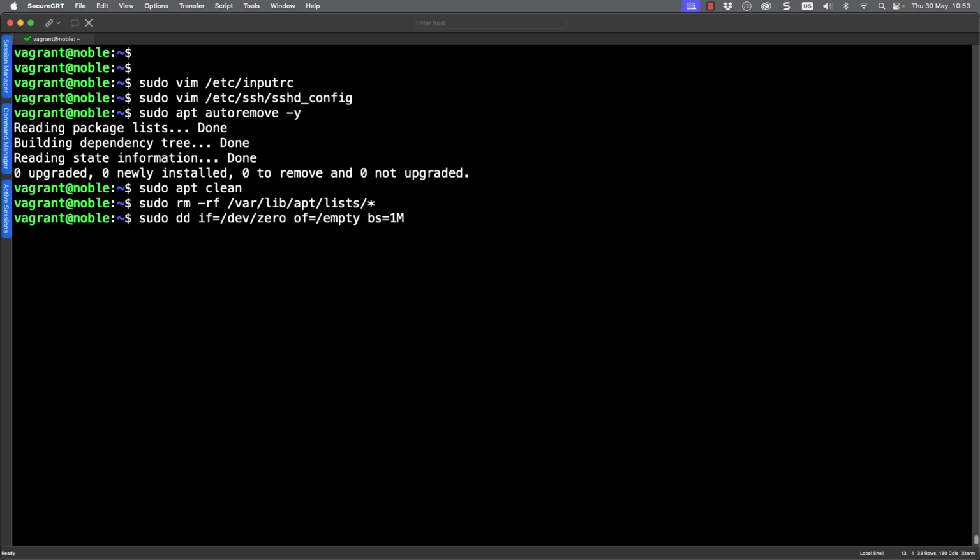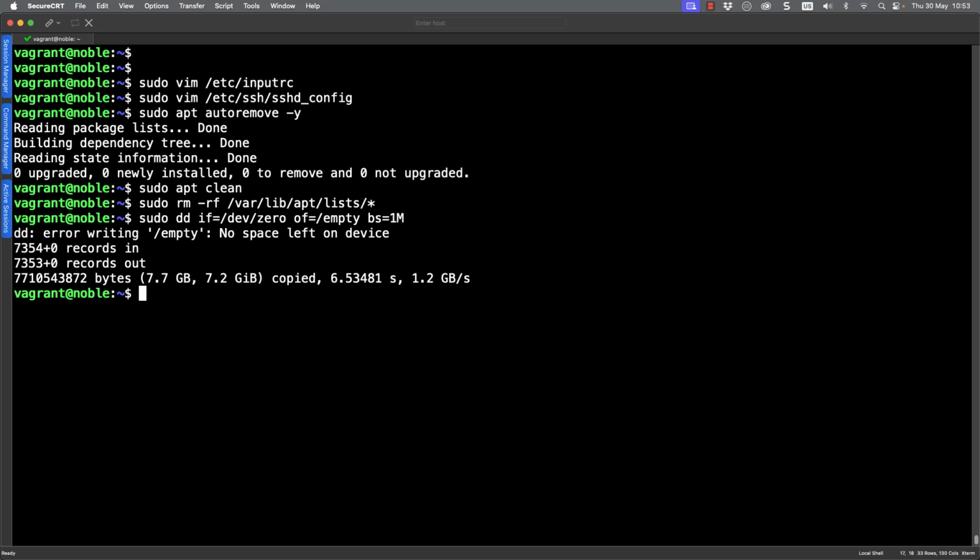So we're just making sure then any empty space is filled, because this will stop when the root file system starts filling up, so no space left on device. We can go through and remove this file now, but it just makes imaging better because we can create smaller archive files. Of course, I've got to use sudo to remove the file.